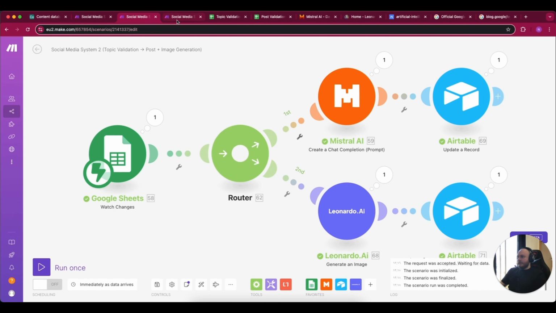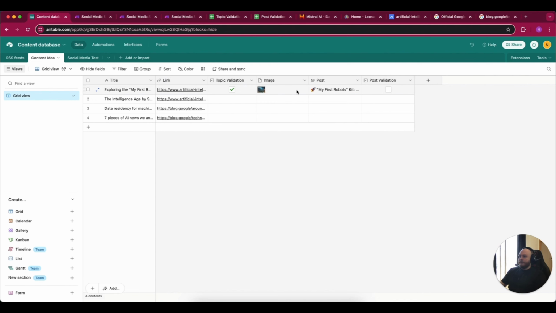So once this is done, let's go on the last automation, the social media system 3, post validation to post. So now we have this. We validated the topic, we have the image and the post, and it will wait for the post validation. So here, for example, if you have a good prompt but you don't like what the AI wrote, you can